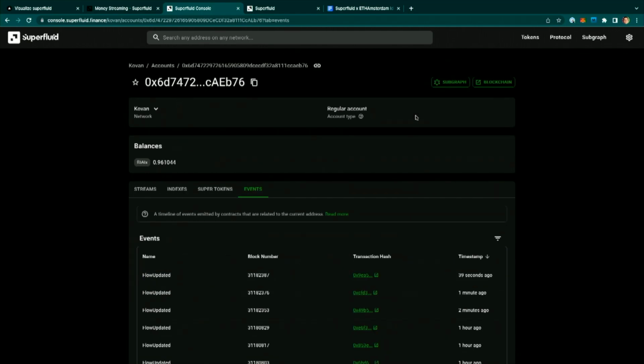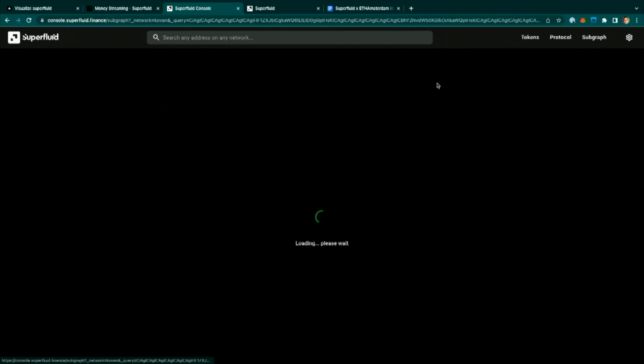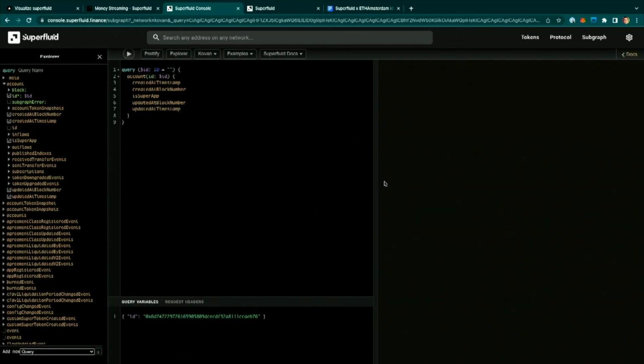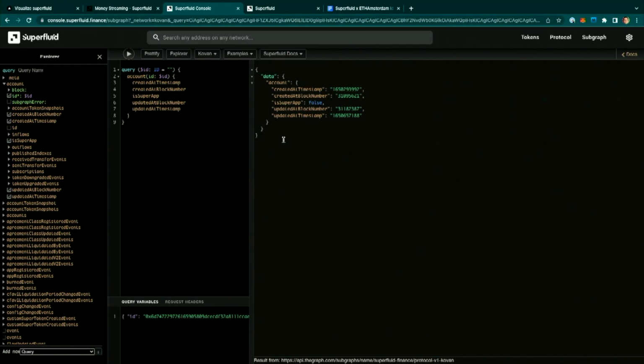And we can even do things like pull up this address in the subgraph explorer. Right, so we have an embedded instance of GraphQL in here, and I could just click play and get some information on this address. So again, we use this all the time internally. A lot of developers in the Superfluid ecosystem use this, and I highly recommend you use it as well. I use this for all my subgraph queries, so I recommend playing around.